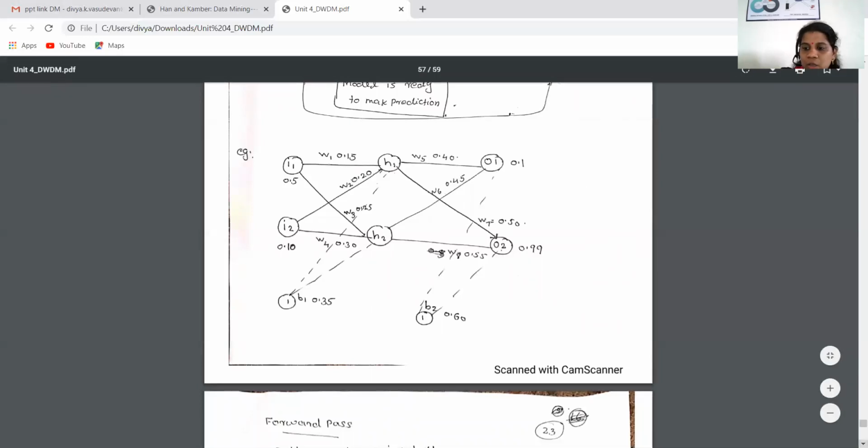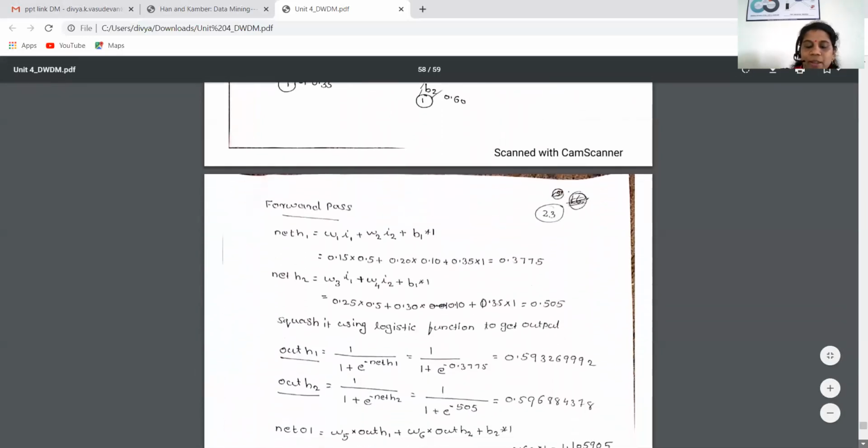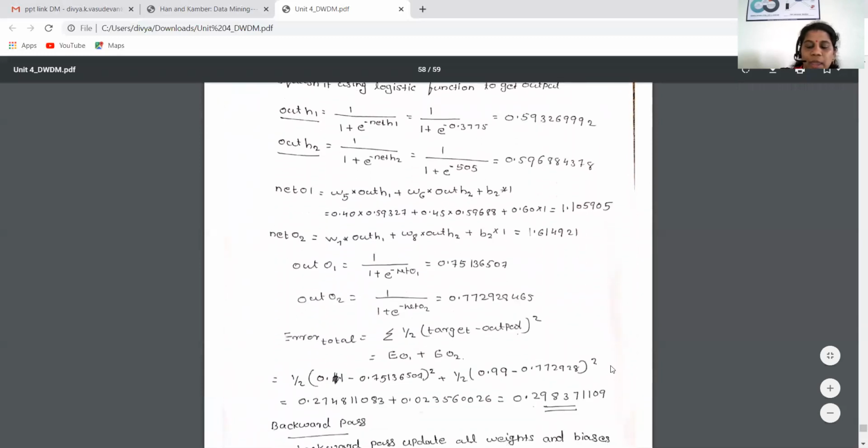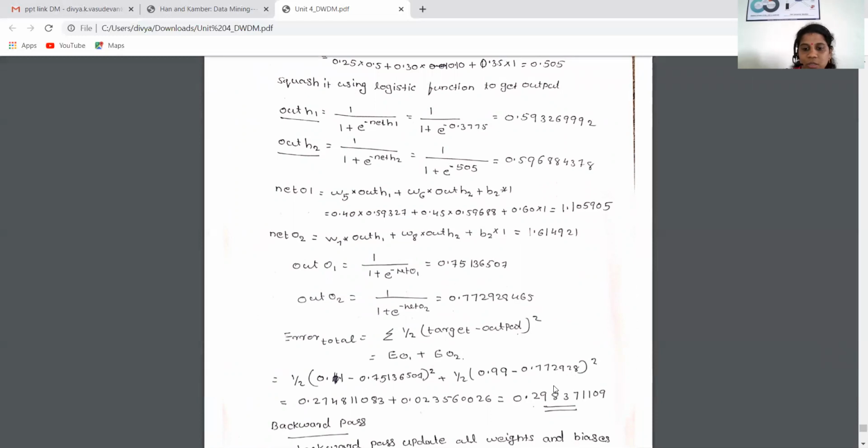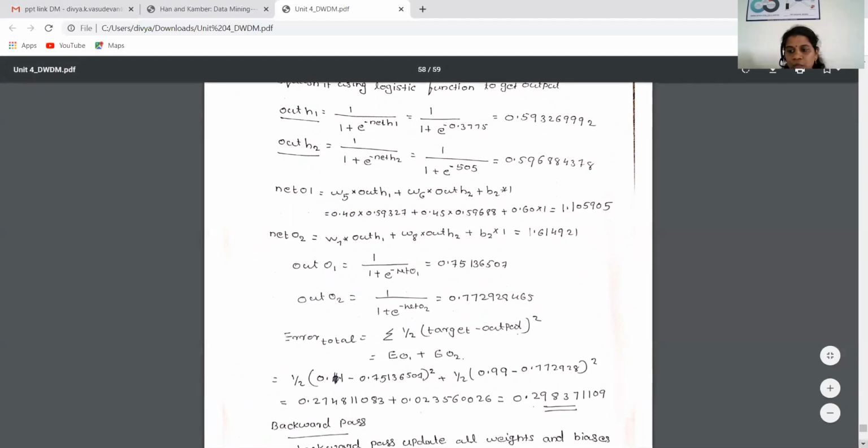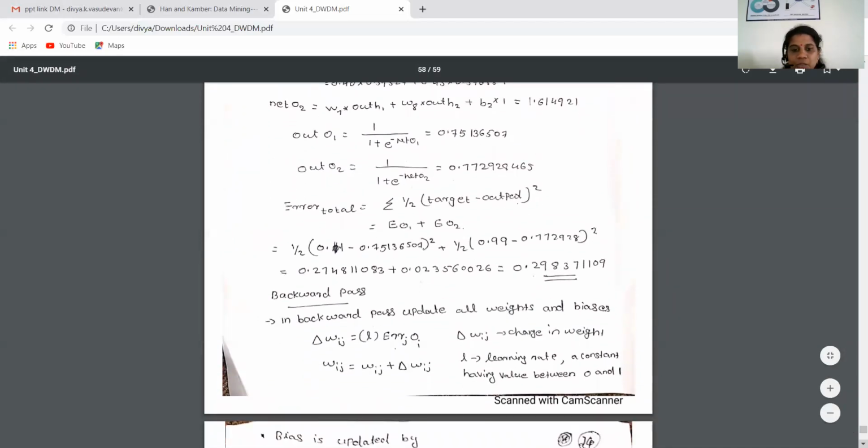Now, whether to do a backward pass or not, for that we calculated the error. The error value is not minimum. Since the error value is not minimum, we need to reassign the weight values. That means we need to reassign W1, W2, etc. That process happens in the backward pass. Now we'll see what happens in the backward pass. In the backward pass, we need to reassign each weight, whatever we assigned, and we need to reassign each bias also.